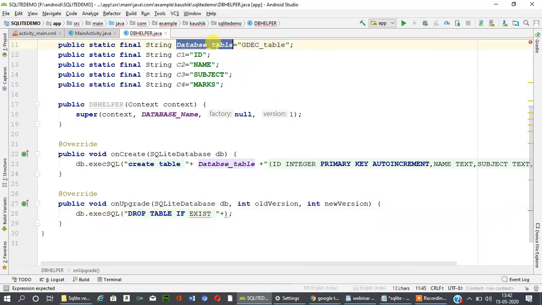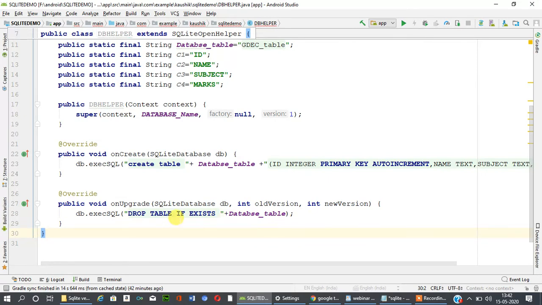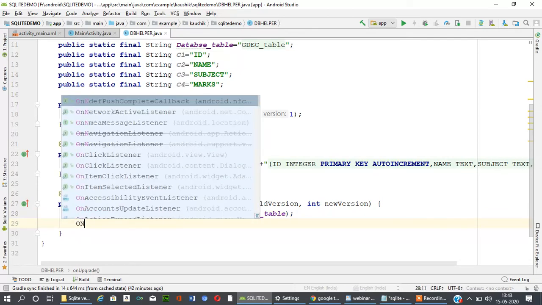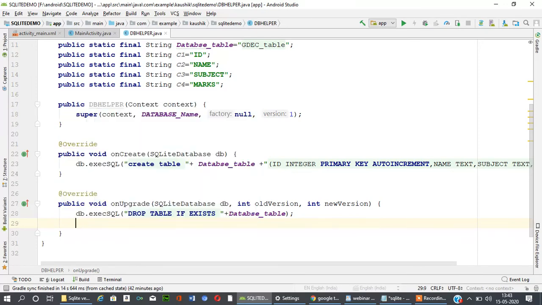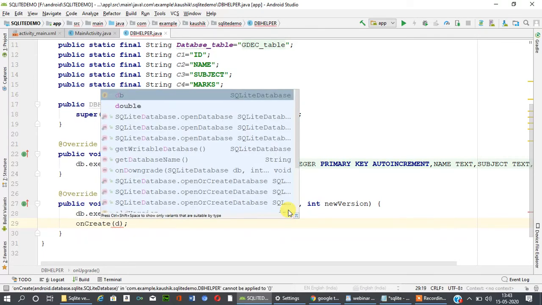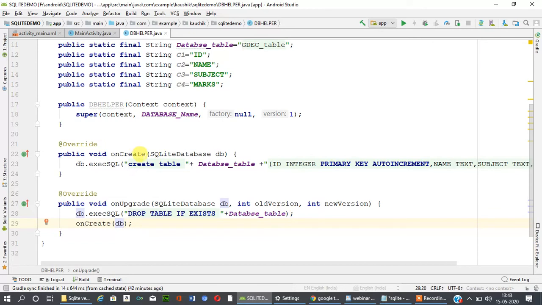So this one is the table name. Drop table if exists and table name. Again we have to call this onCreate method, and pass this object db. So this will call the onCreate method.